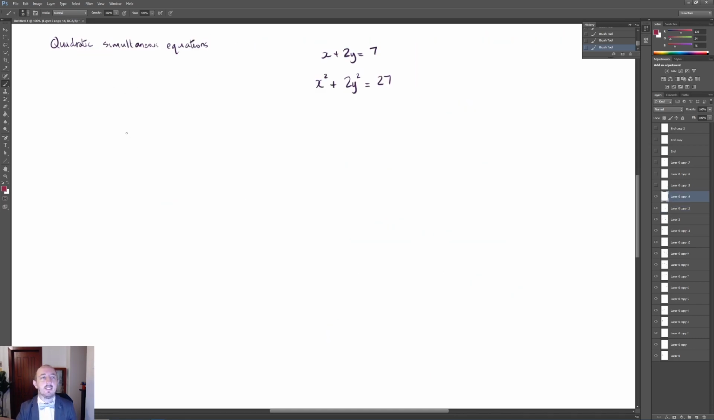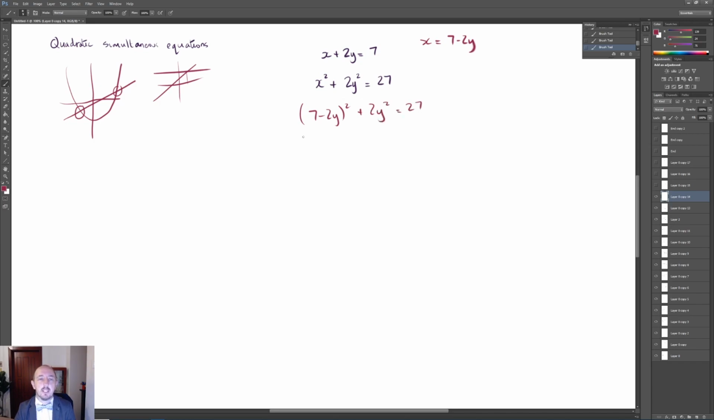Quadratic simultaneous equations. Remember, if you have a quadratic, something like that, and you have a line, then you're getting 2 intersection points compared to your linear equations where you get one set of x and y coordinates. So our job with this is to substitute the linear equation into the quadratic. It's much easier to substitute for x, so we're going to do x equals 7 minus 2y here, and substitute that into the quadratic. So we've got (7 minus 2y) squared plus 2y squared equals 27, and we multiply out